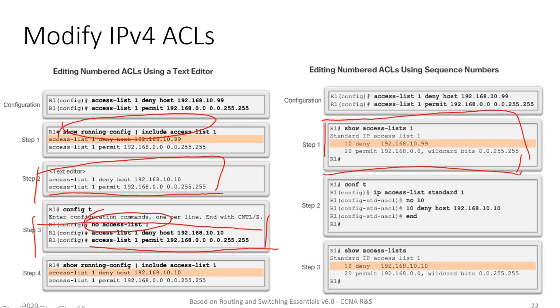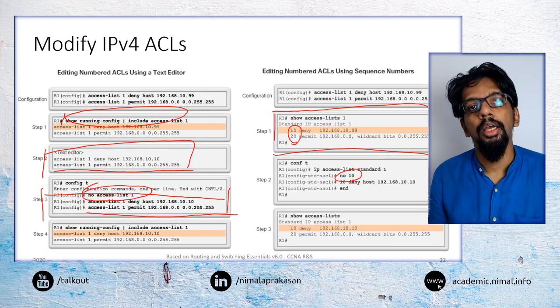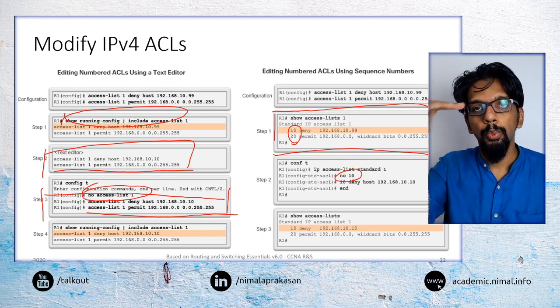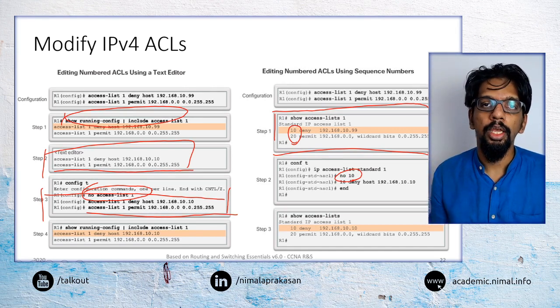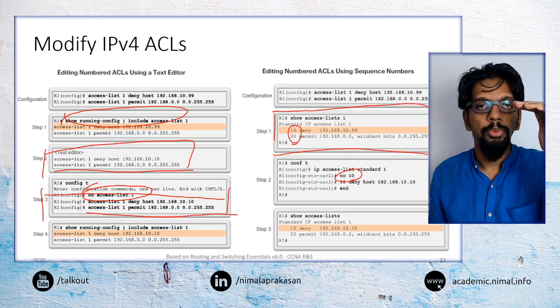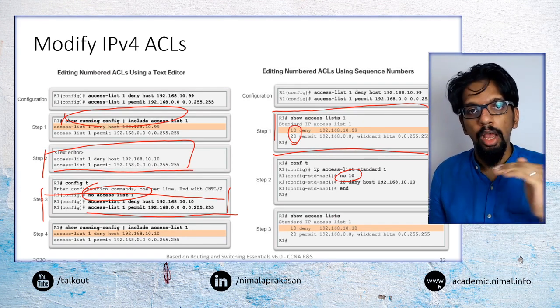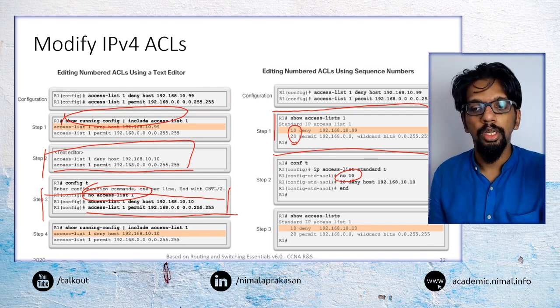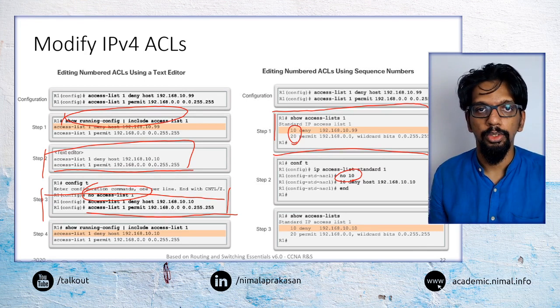Or alternatively, we can list the entries, and with each entry we can see a sequence number for each of the rules. So then we can go into a particular entry and individually change or remove an entry using that particular sequence number. The sequence number in an access control list is basically the order in which these statements are going to be executed or checked. So it is going to check one after the other through all the set of rules that are available in that access control list.